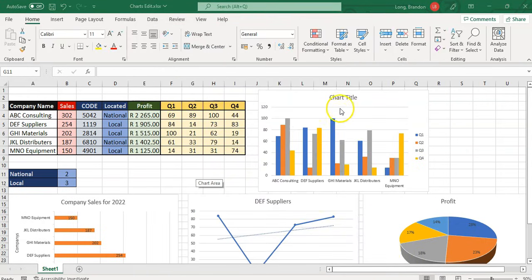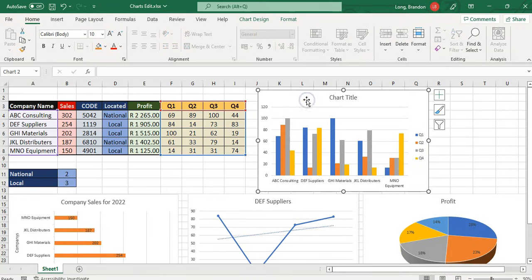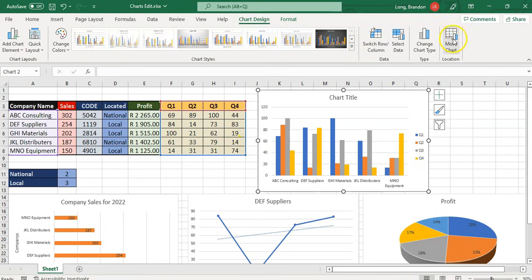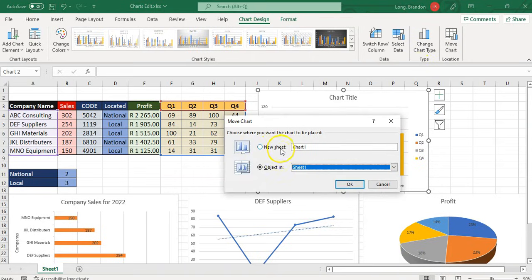Another thing you can do is when you click on a chart, you can actually move it to a different place if you want. Maybe I don't want it to be on this page. I want it on its own separate sheet, for example. So when you click on here, you go to chart design, you can actually move the chart, and it'll give you an option to move it to a new sheet, and you can give it a new name. So let's call it chart 1, or you can make it an object in a different sheet if you had multiple sheets. Here we only have one, so we're going to put it in a new sheet, and if I click OK,